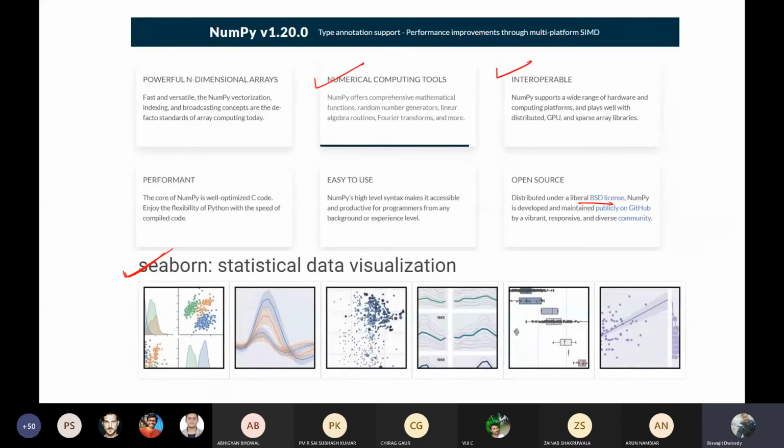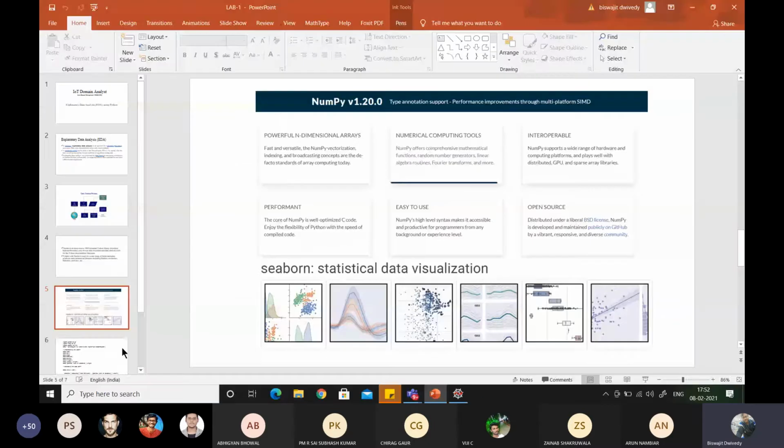So what happens here? Let me tell you what exactly we are going to do in this session. Basically, I'll be telling you a set of commands that are used for data analysis, meaning how to find out the rows, how to find out the columns, how to delete them, how to manage them.